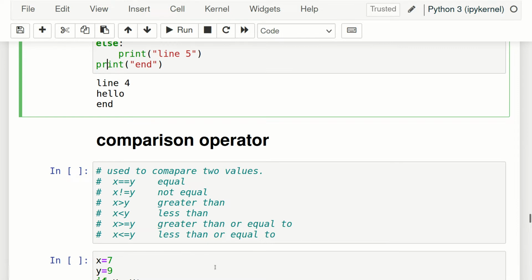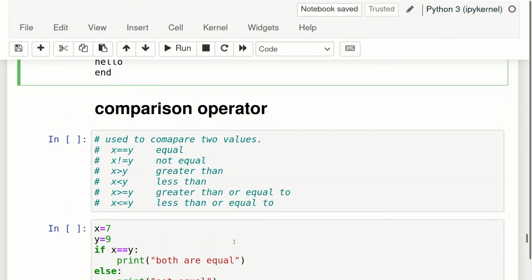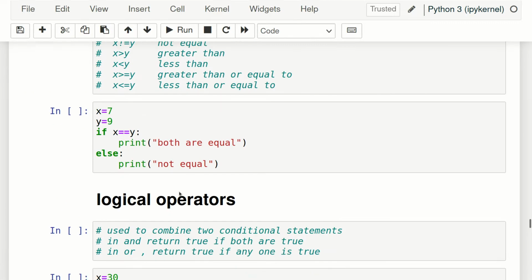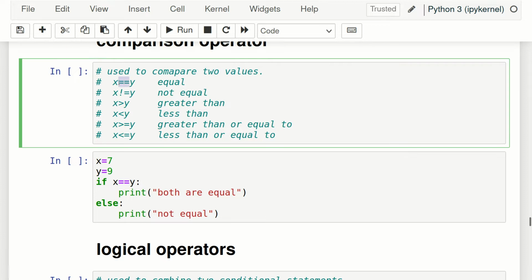Now moving to the next thing, which is comparison operators. So comparison operators basically compare two values. I think this is very simple. So let's say to compare something, x equal to y means we will check if it is equal or not. Single equal to means assignment, but double equal to means checking if it is equal or not. Not equal to, if we are trying to check not equal to, we have to use this symbol, the exclamation mark, then equal to. Greater than, I think we all know. Less than, greater than or equal to, less than or equal to. All these things are very easy.